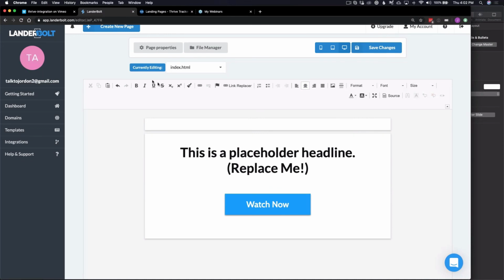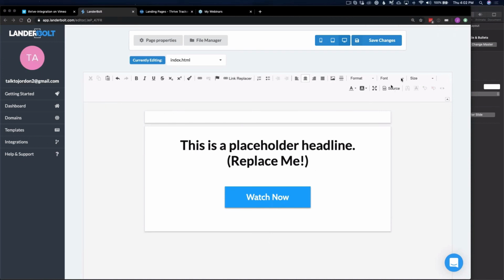If I want to add an image, I can do that. I can pretty much do everything. This is a WordPress-like editor, and a page builder as well. So if I want to add an image, add fonts, I can do that. I can change colors, but